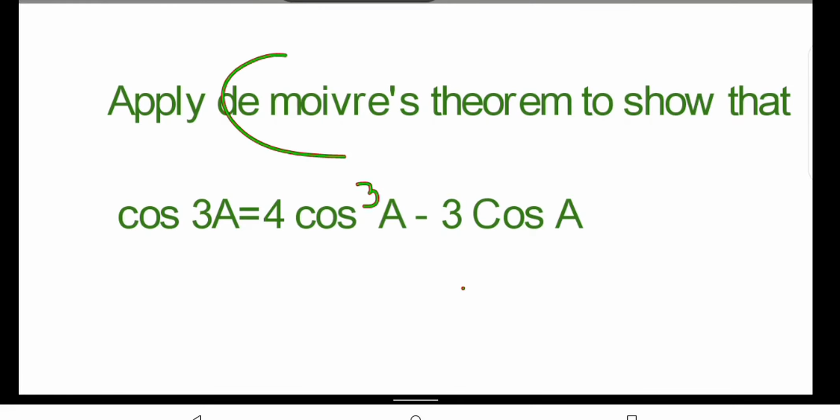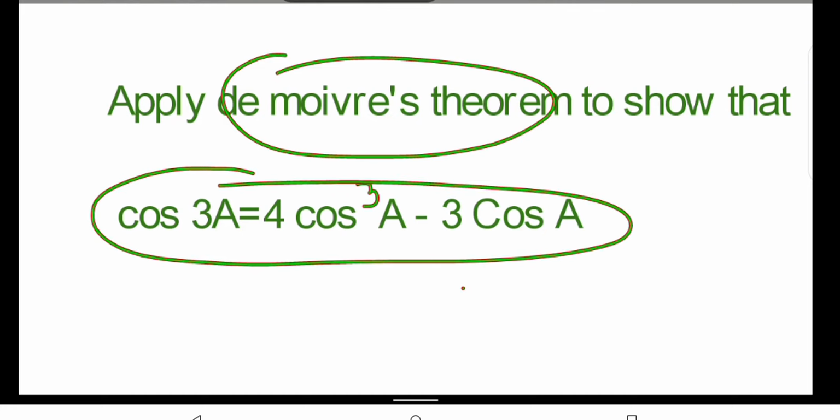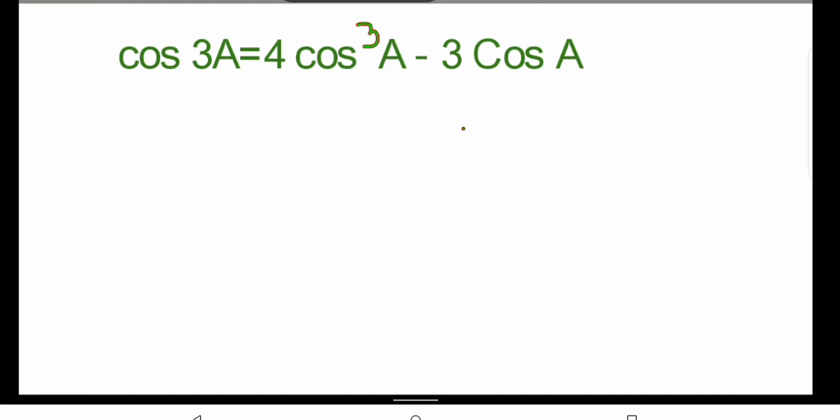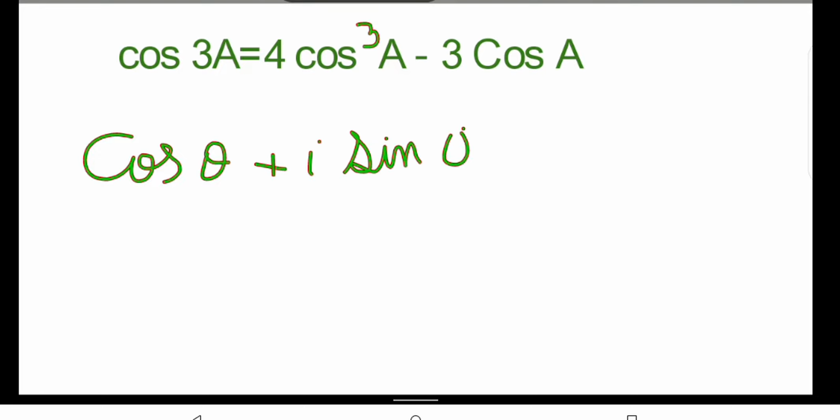Let's apply de Moivre's theorem to prove the trigonometric identity cos 3a equal to 4 cos cube a minus 3 cos a. For that purpose, let's state de Moivre's theorem. By de Moivre's theorem, (cos theta plus i sin theta) whole thing to the power n equal to